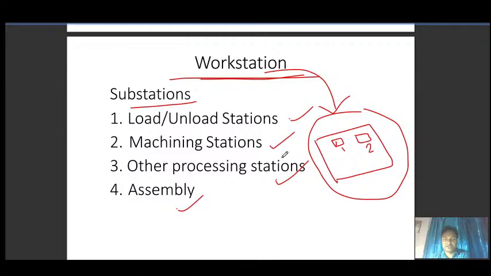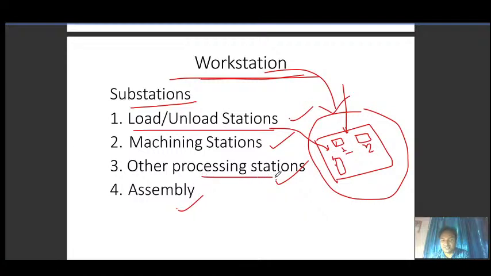So in substations, what we have are loading unloading stations. Obviously the machines are there, then there would be some transportation system, loading unloading stations. Obviously any part will not drop from the sky. There has to be some area where the part will be loaded, and then machining stations, these two become machining stations.